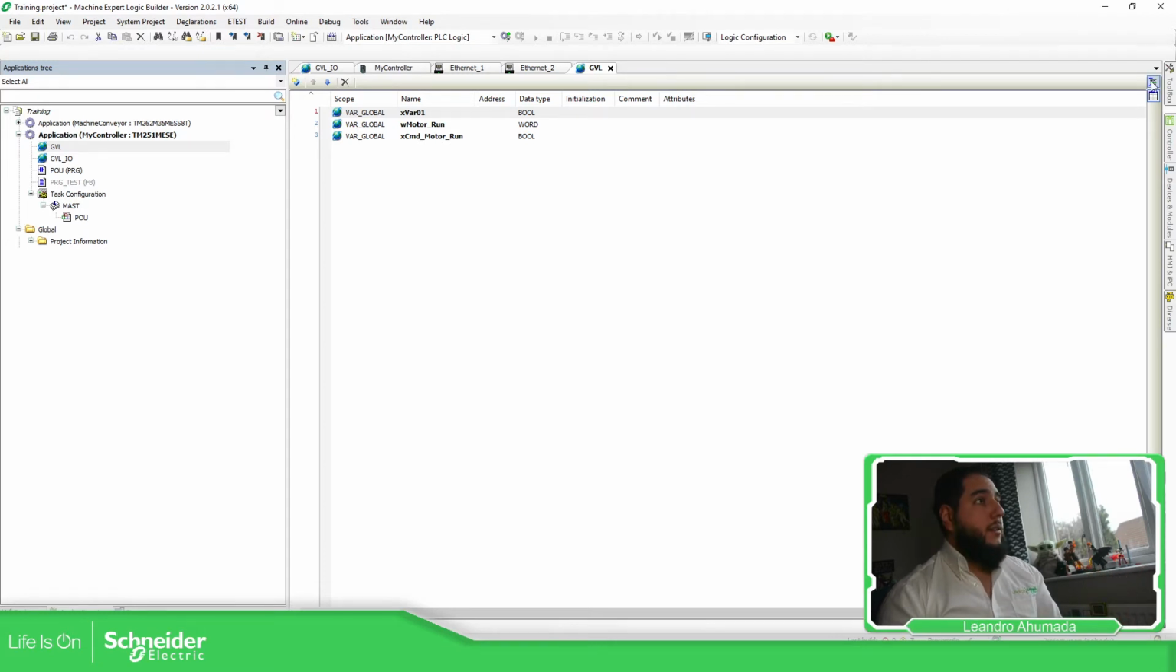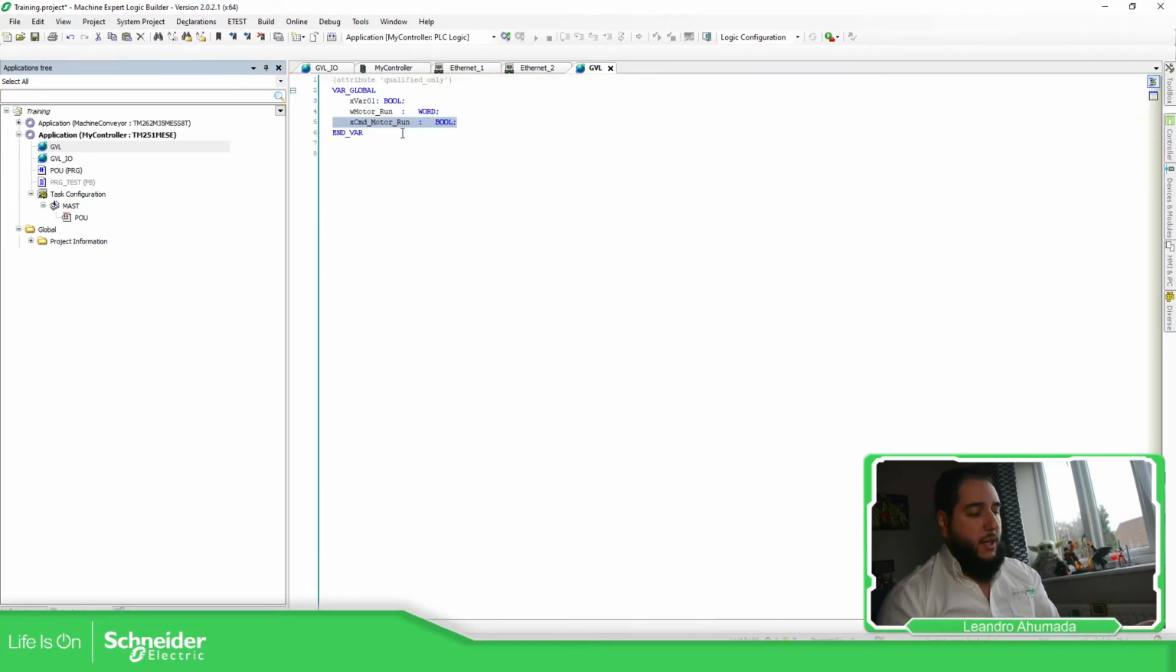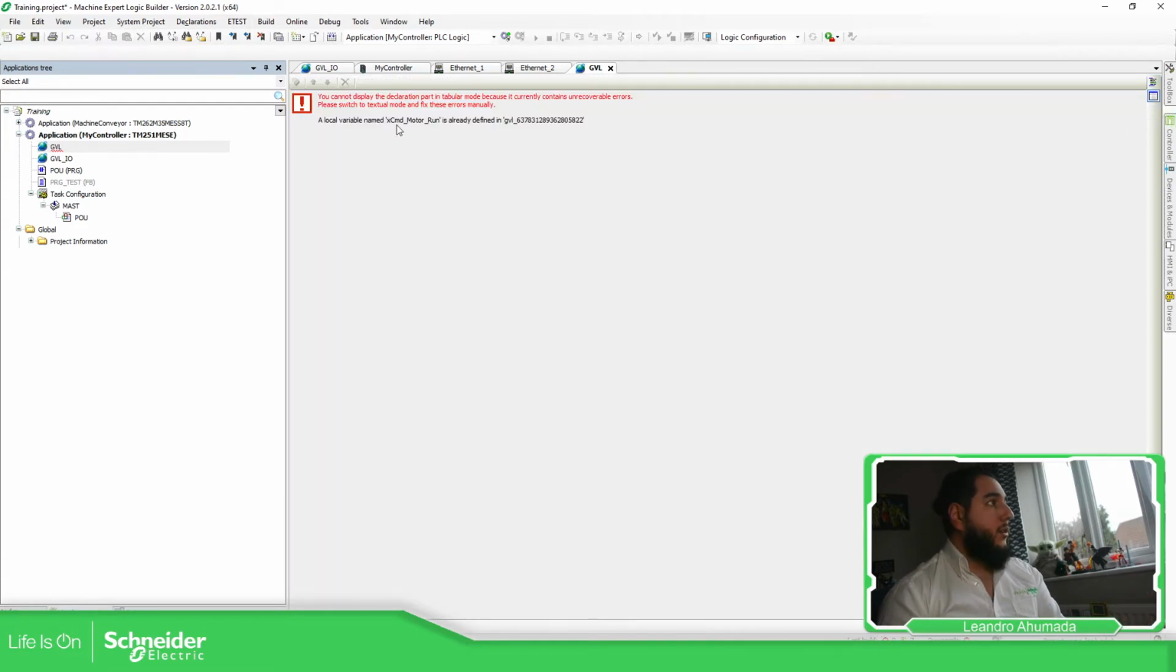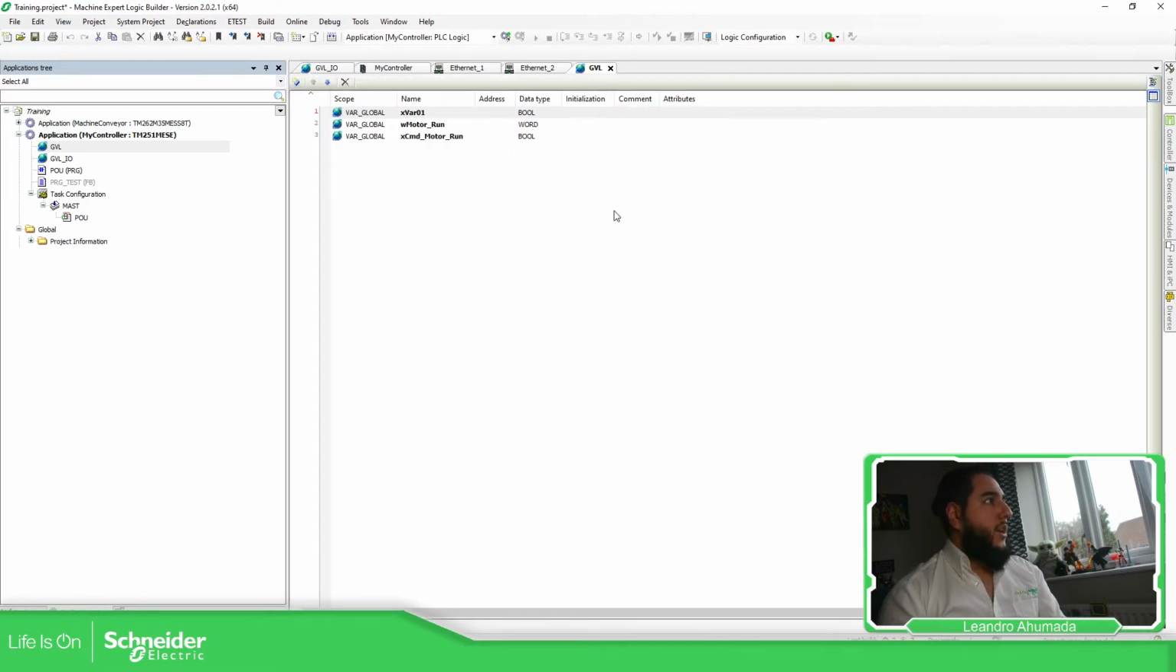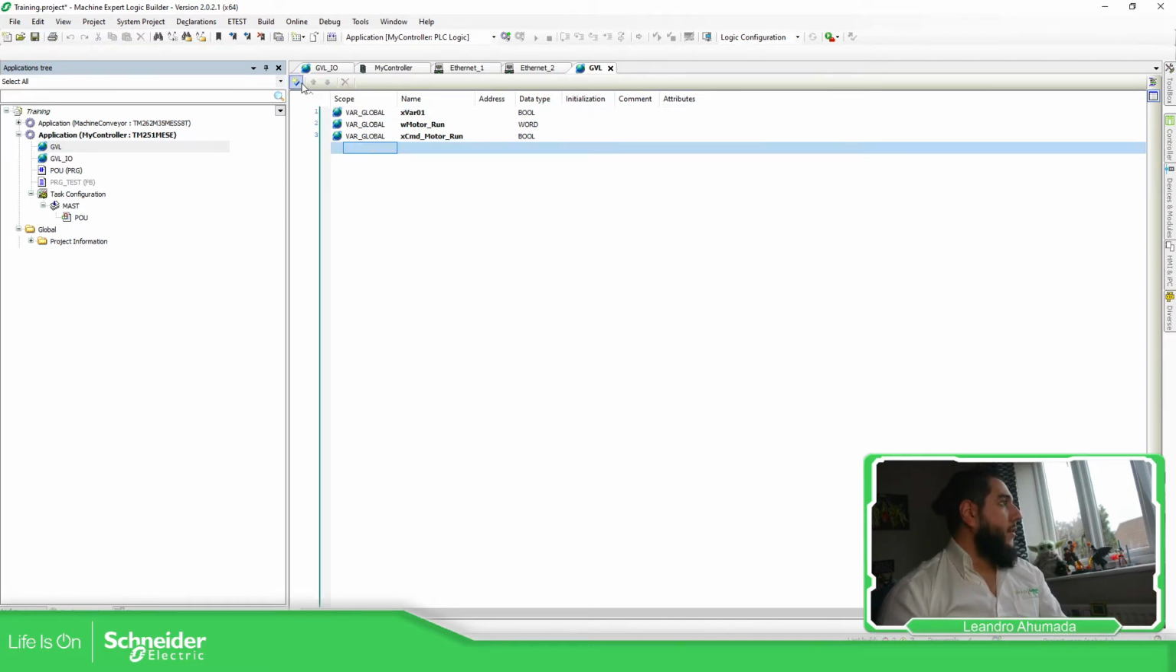Okay, and pay attention to something. If you replicate the names or you make a mistake here, you will probably receive an error message on the tabular. So you will need to pay attention to this, and if you have this kind of message, you just need to go to the textual and find the modification. So if I delete this, select tabular, there you have the variable once again. So add a new variable in this one,